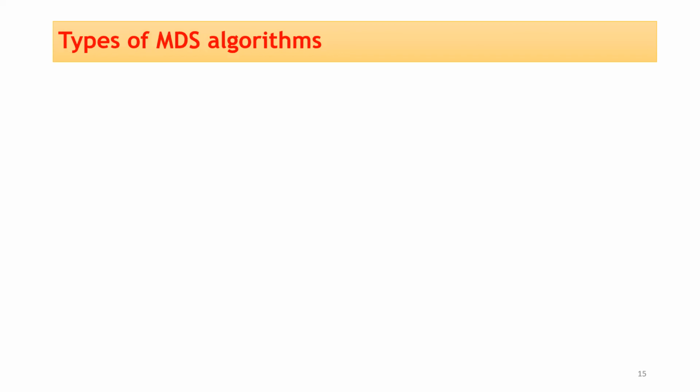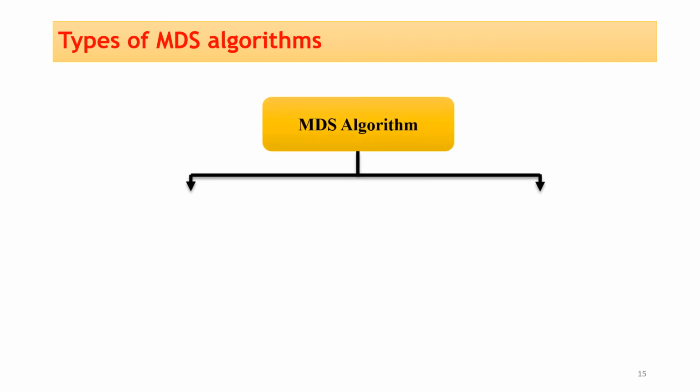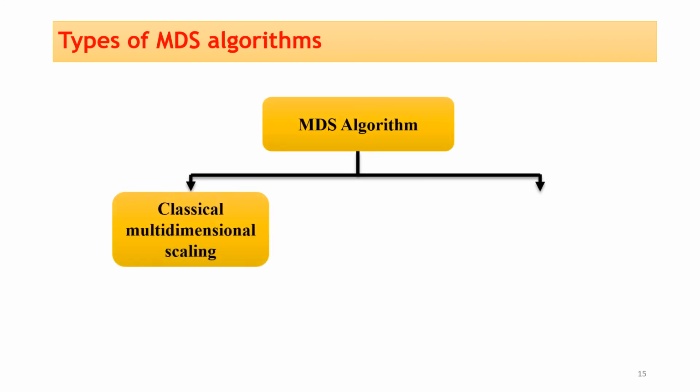Now, which are the types of MDS algorithm? MDS algorithm is basically divided into two types, out of which the first is the classical multidimensional scaling. The classical multidimensional scaling preserves the original distance matrix between points as well as possible, and the fitted distances of the MDS map and the original distances are in the same metric. Classic MDS belongs to the so-called metric multidimensional scaling category. It is also known as the principal coordinate analysis, and it is suitable for quantitative data.